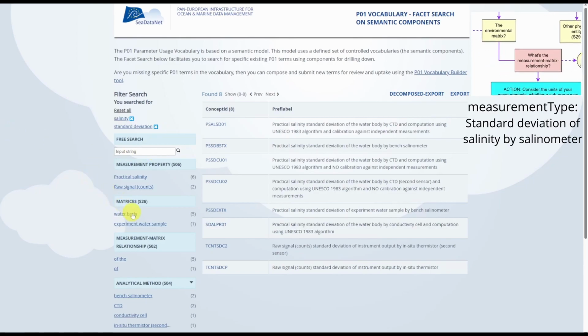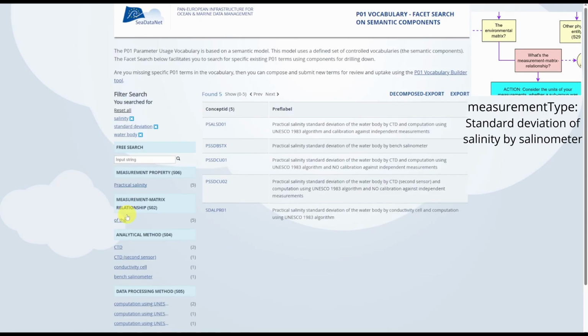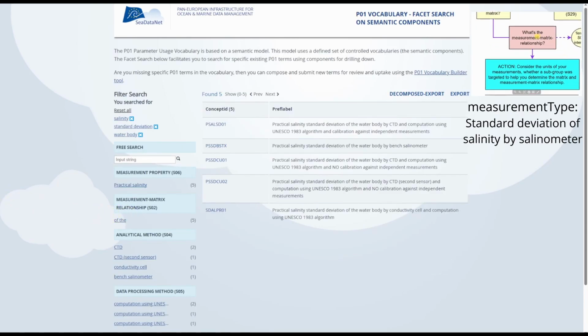So we can go ahead and select water body. And the next question would be, what's the measurement matrix relationship? However, we only have 5 results left. So before going through more questions and perhaps overfiltering, let's review our results and see if we can find a